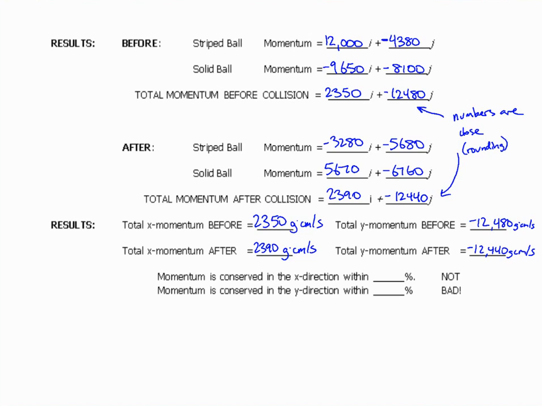And we're going to look at percent difference here for a minute. And so percent difference equals, we're going to say, 2,390 minus 2,350 over the average, which is 2,370. And we're looking at some numbers in the X direction, 1.69%. And in the Y direction,